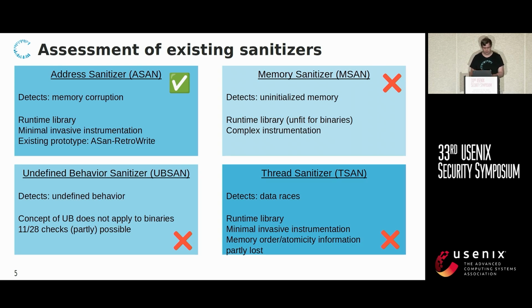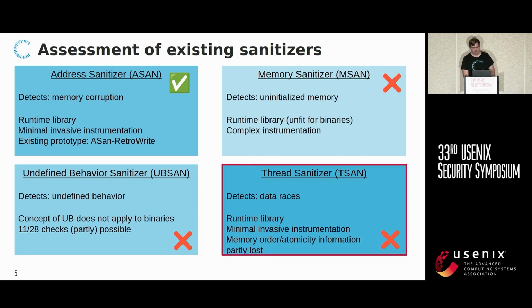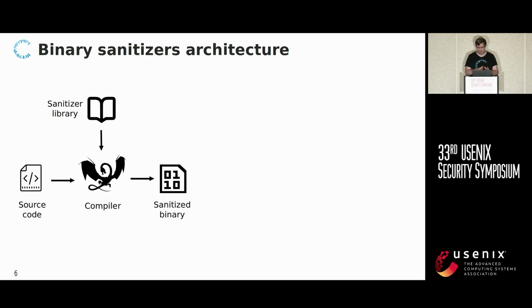However, there's a problem with lost information, again, due to different concepts between a binary and higher level languages, which regards information like atomicity and memory order. However, this information is in many cases not critical for a working data race detector. Therefore, we consider TSAN actually feasible to port to the binary level, which is what we did. But before we look into TSAN in more detail, or binary TSAN, let's have a short look at binary sanitizer